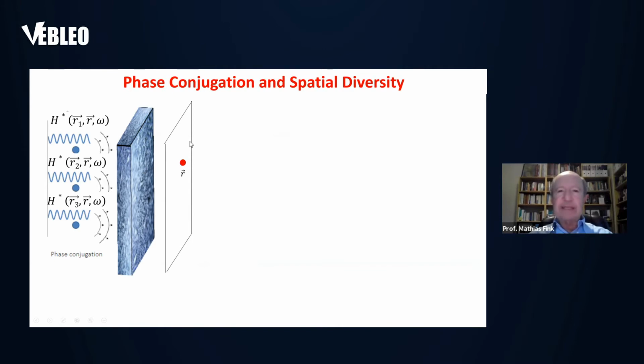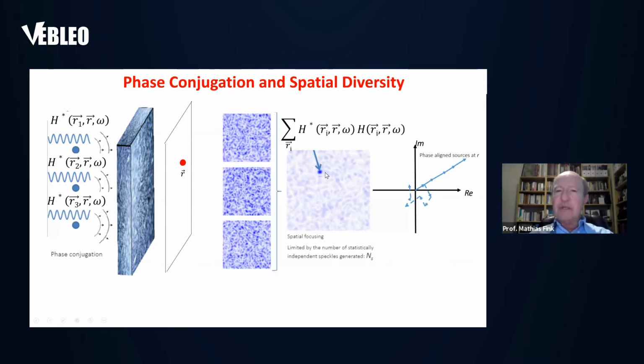Now, if you do this, when you make the summation, suddenly you completely compensate all the phases, and because of this, all the phases add together here, and all these complex numbers suddenly give a focal spot. The focal spot has the size of 1 grain. And as you have more and more antennas, which is what you call spatial diversity, you focus better and better, and you concentrate energy to send a message here which is clear.